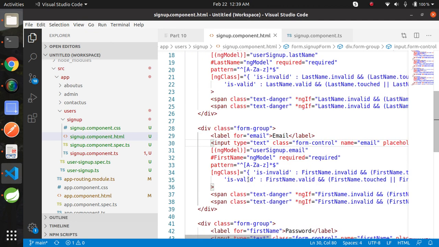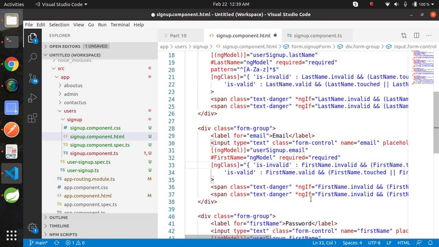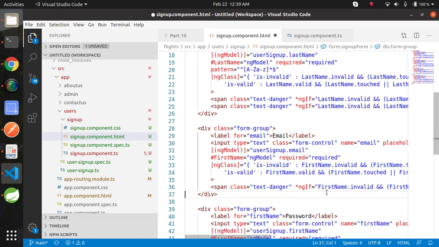Now remove this pattern from email and also the second span as well. Now change the template reference variable, that is email.